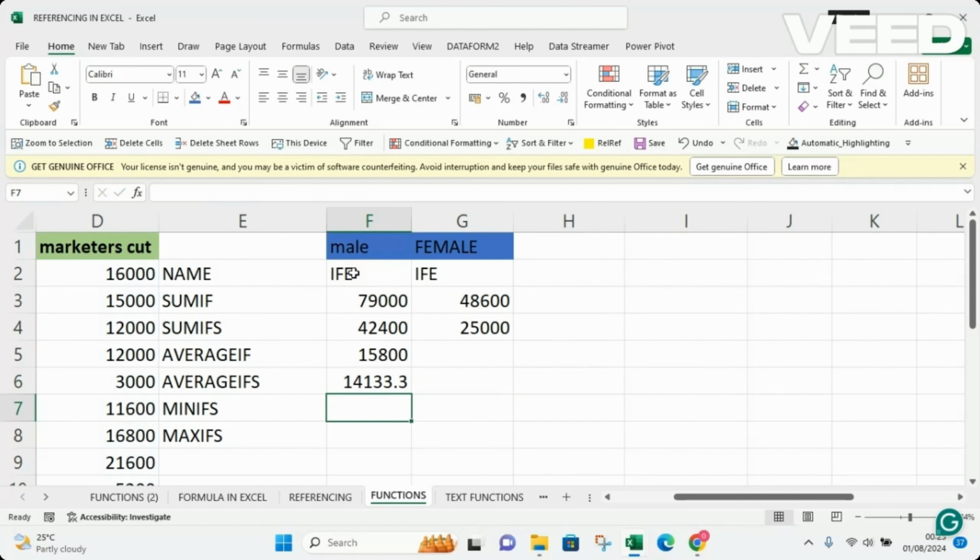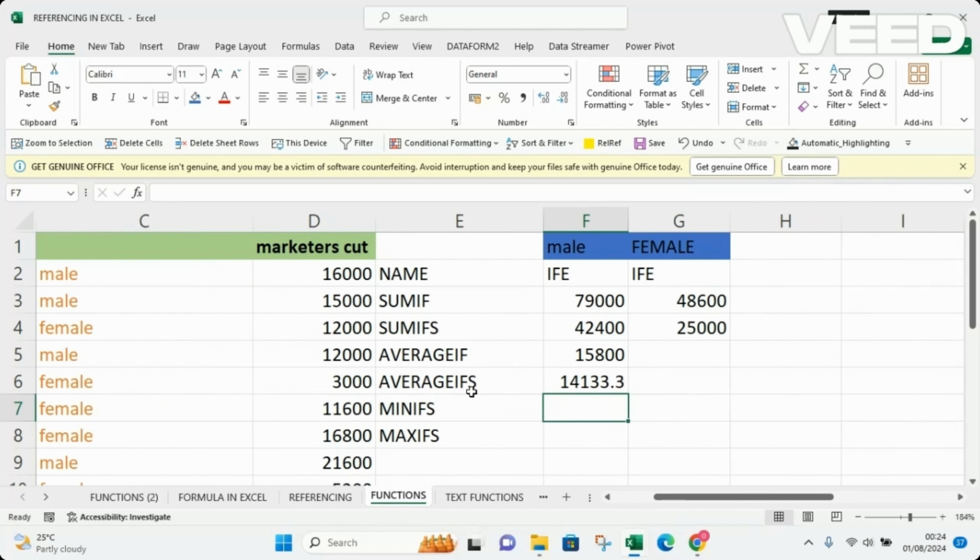So with that, we can get the average for Ife male, and we can do the same thing here for Ife female. So we can use the same thing for minifs and for maxifs. So minifs means that for all the conditions, what is the minimum value, and the same thing goes for this. So I will leave this for us to go and tackle by ourselves. I believe we have been able to achieve something in this session until we meet in the next